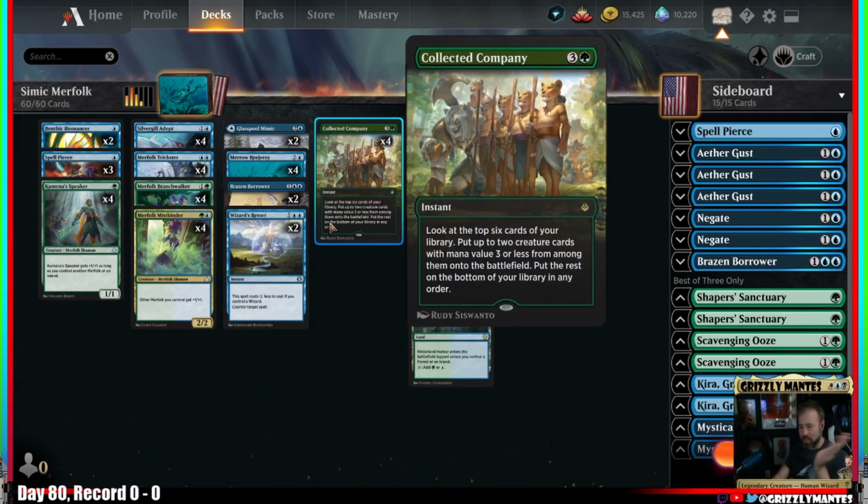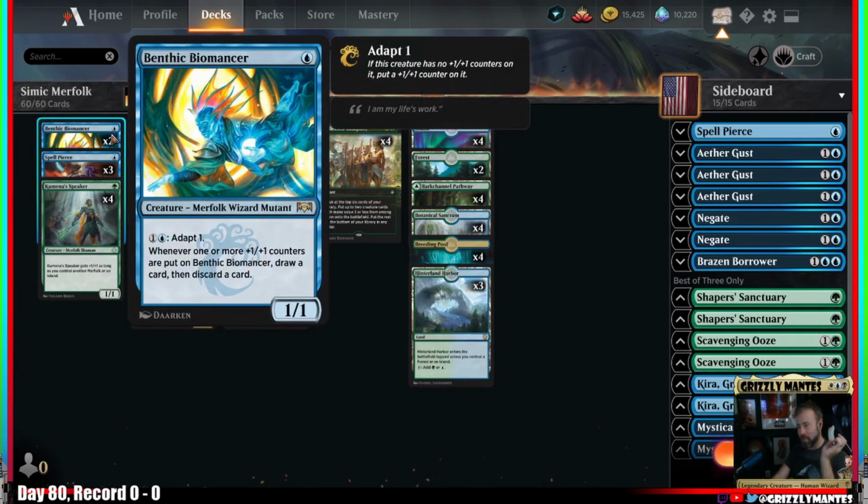So we got Coco Fish, Simic Merfolk, we got Benthic Biomancer, 1/1 Merfolk Wizard Mutant. Now the important part there is Wizard. So 2 mana, you adapt 1, it gets a +1/+1 counter, and then whenever you put a +1/+1 counter, you get to draw a card, and then discard a card. Now you only get to do that once, because it has no +1/+1 counters, it puts a +1. So essentially, potentially, a semi-little Merfolk looter, 2/2 for 1, but really, he's here because he's a Merfolk and a